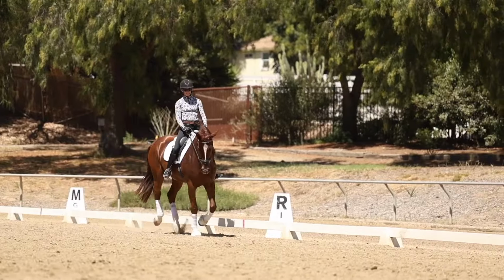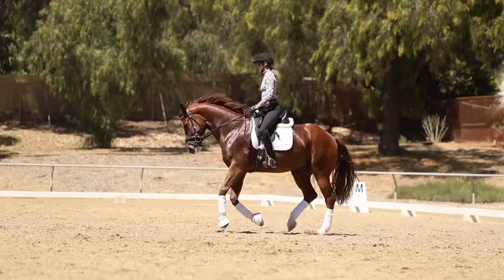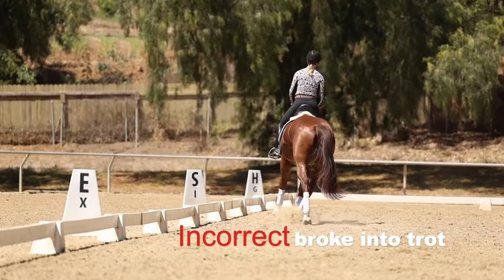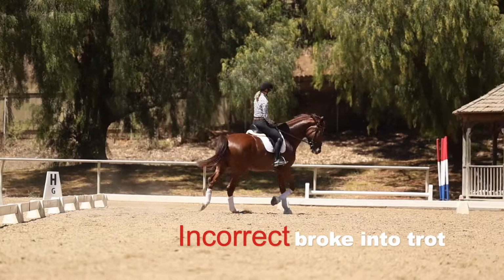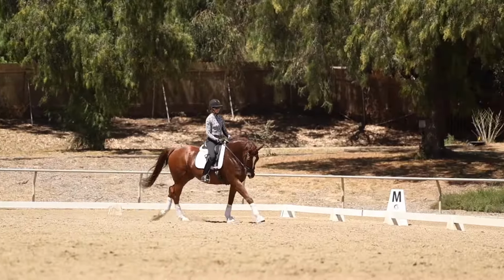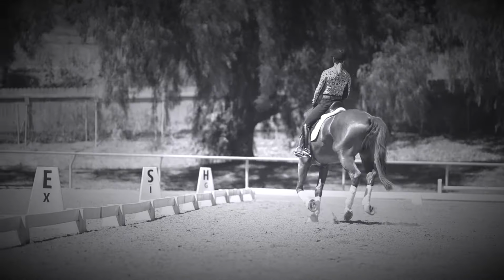There. And transition up to the canter. And balance. Good boy. The canter's still the hardest gait for him to balance. Like there, he just lost his balance and broke. So reorganize. Ask again. I've been working on him breaking, but if your horse breaks, like he broke on me there,